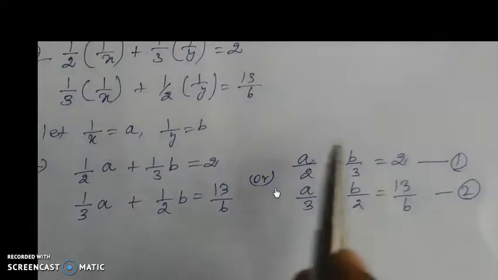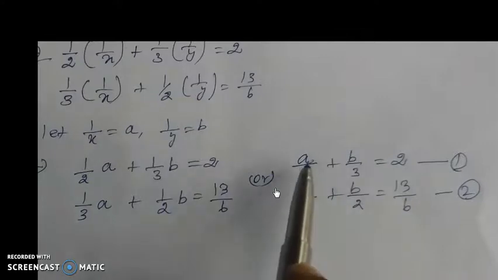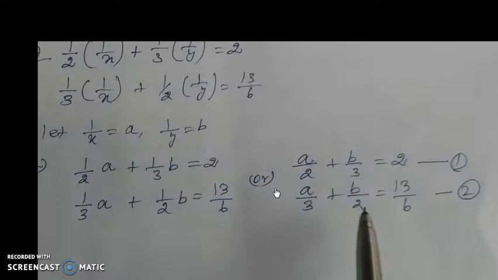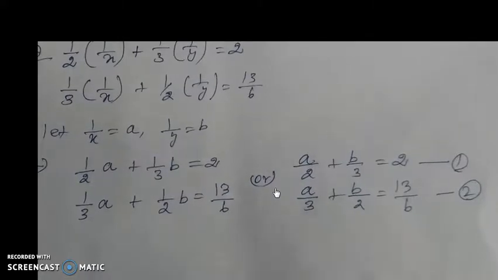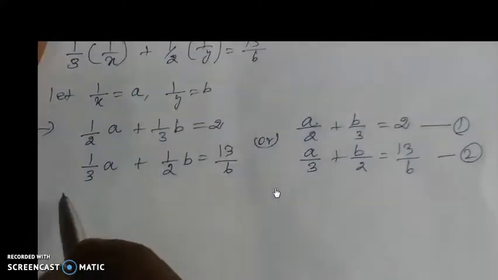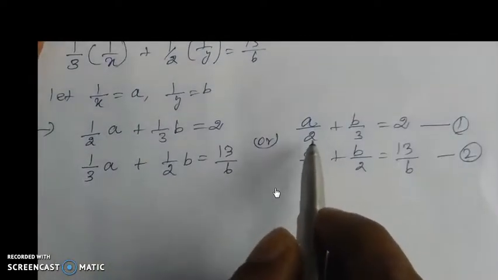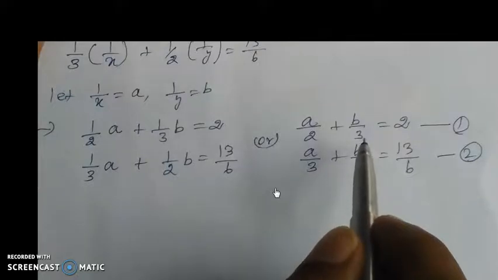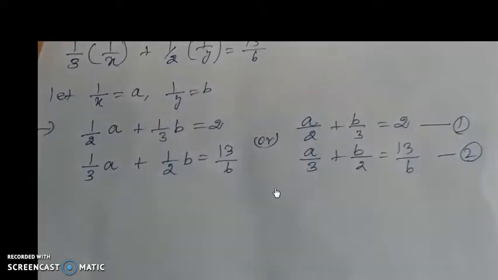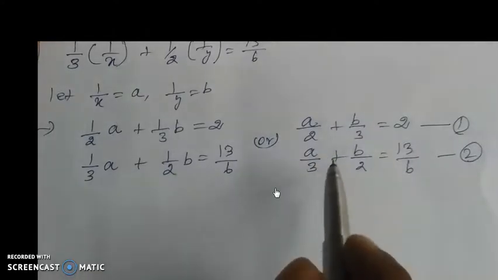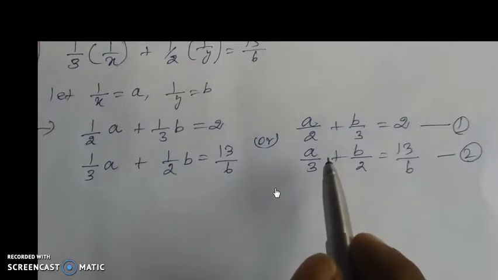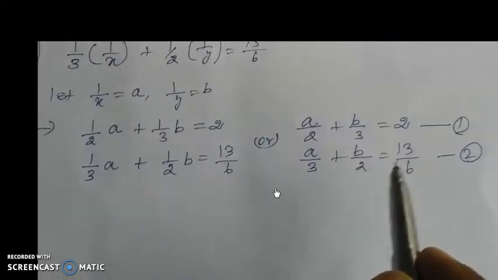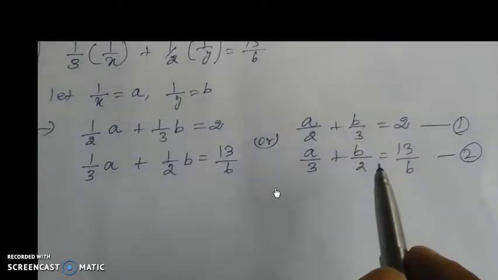Now check whether it is a linear equation or not. Definitely, a and b are to the power 1 only here, therefore it is a linear equation in two variables a and b. Now we can solve by linear method, okay? And before that, look at the coefficients. The coefficients are in the form of rational numbers. So already I told that if the coefficients of the variables are fractions or rational, we have to convert them into integers or whole numbers. How can you convert it? By taking LCM. That's it.